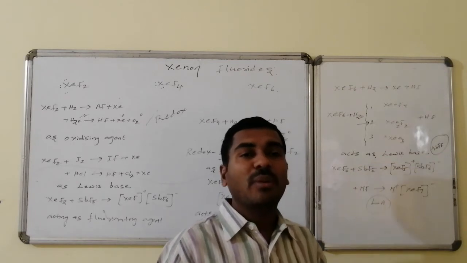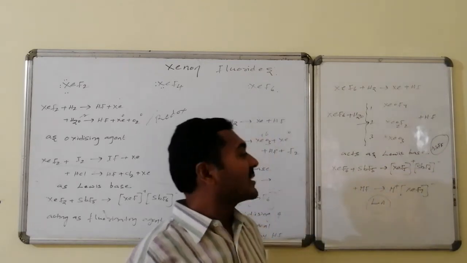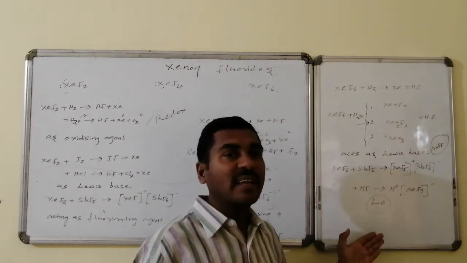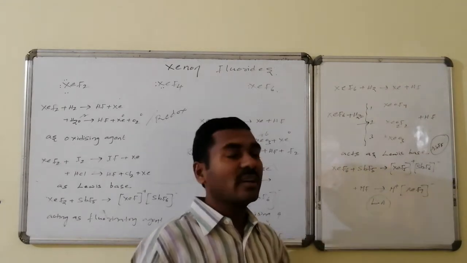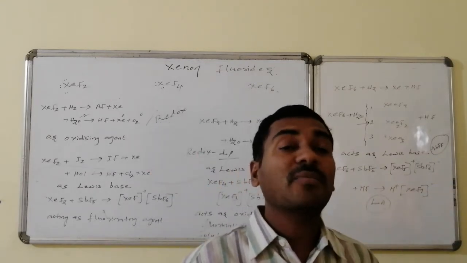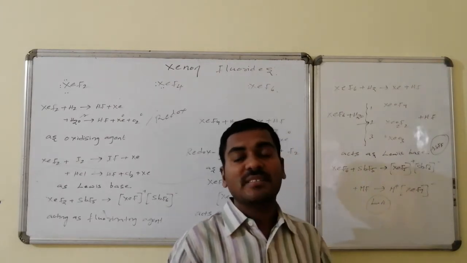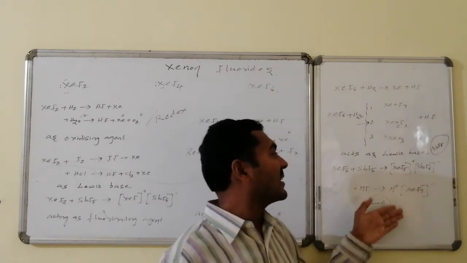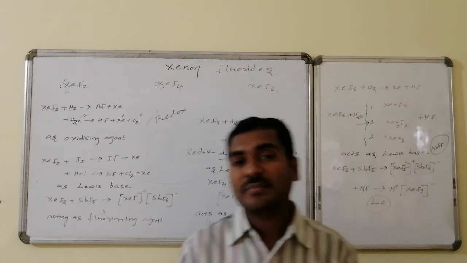So if any metal fluorides like sodium fluoride, calcium fluoride, cesium fluoride are present, in that case it combines in such a way that the metal cation is present as it is, whereas the fluoride ion of that particular metal is involved in chemical combination with xenon hexafluoride and leads to the formation of the xenon heptafluoride anion. Thus metal xenon heptafluoride formation occurs. Thus it acts as a Lewis acid here, and also acts as a Lewis base, and here it is again acting as a Lewis acid.